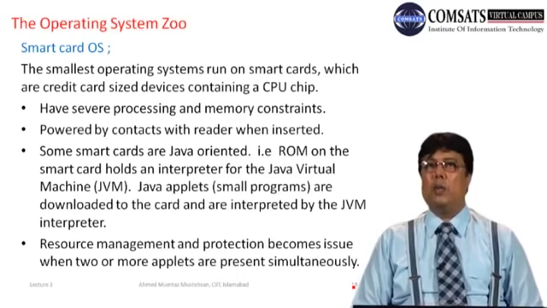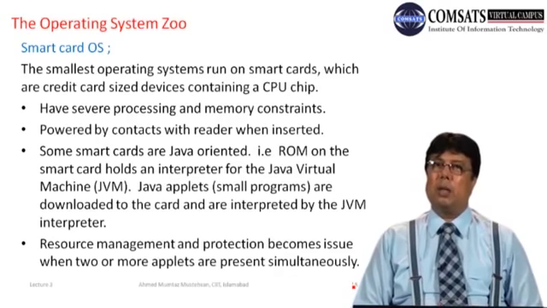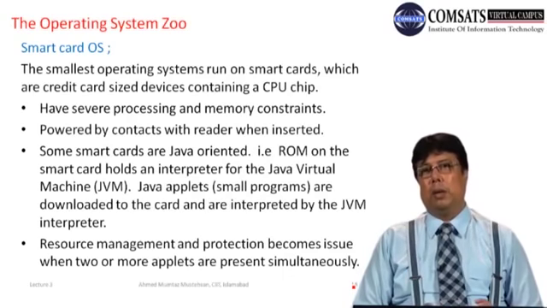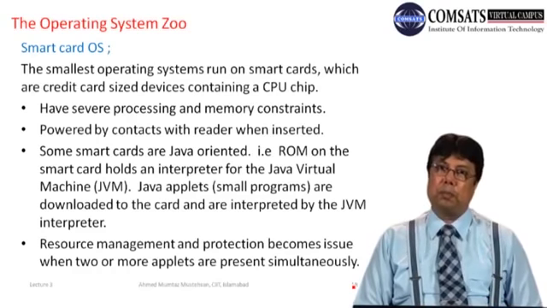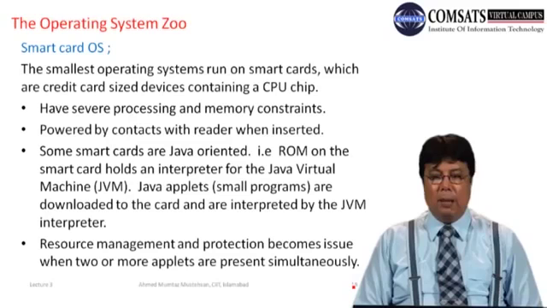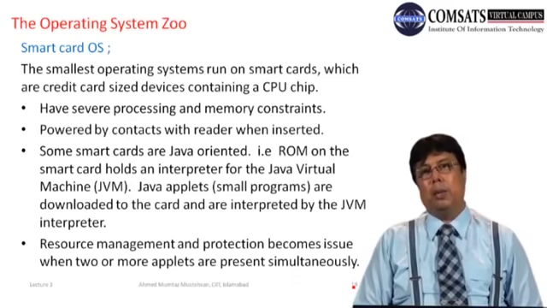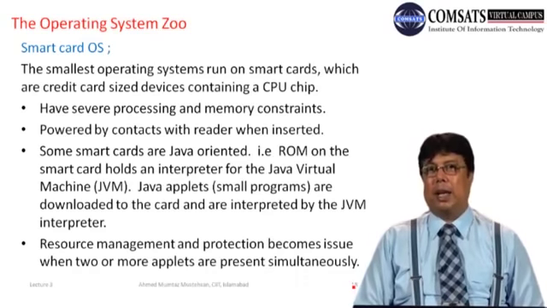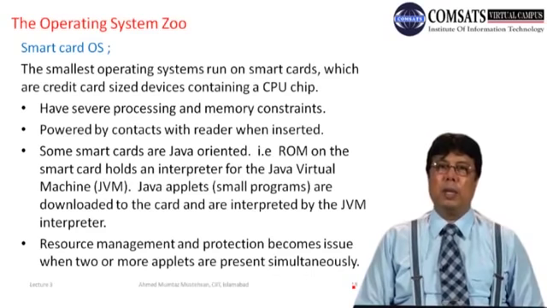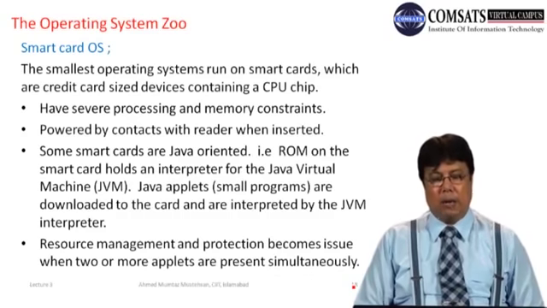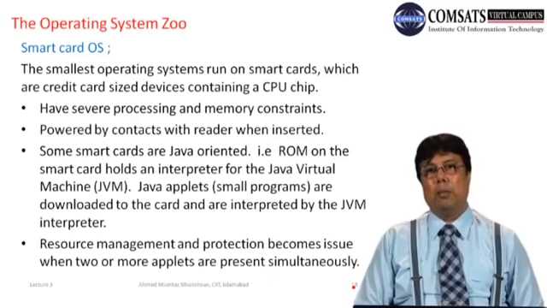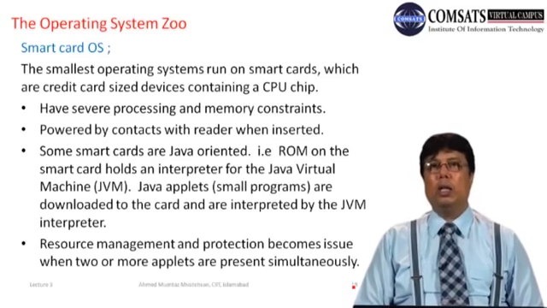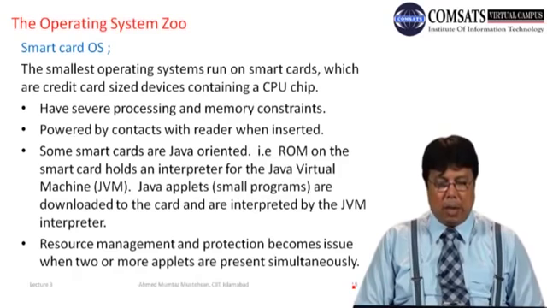So you can have a variety of programs. आपको कस्टमाइज किस्म की इंस्ट्रक्शंस नहीं चाहिए, बल्कि वैरायटी ऑफ प्लेटफॉर्म पे यू कैन रन JVM. So this JVM, Java Virtual Machine, interprets the set of small programs जिसको हम Java applets कहते हैं. ये छोटी छोटी इंस्ट्रक्शंस हैं, स्मॉल प्रोग्राम्स हैं, which are called Java applets, और इन Java applets की मदद से हम इंस्ट्रक्शन देते हैं और these instructions are decoded and executed by the JVM